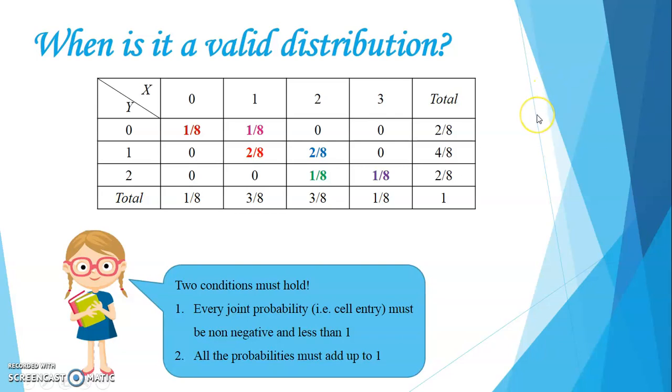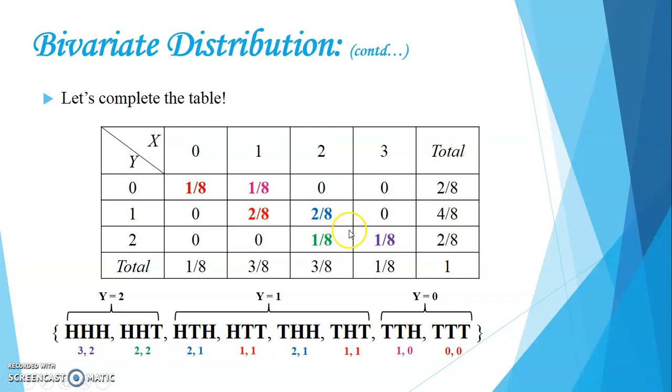Okay, for a second, let us just revisit what we've done earlier. I just wanted to clarify this to you. Now observe this pair x equal to 2 and y equal to 0. In this particular case, why is the probability 0? Because when you are saying that in the 3 tosses you already have 2 heads, then y can never take a value 0. So whenever you have a combination which is not possible, the corresponding probability automatically becomes 0. So what you need to do is list down all the probabilities that you can. The rest of the probabilities automatically will become 0 for this probability distribution to get completed.